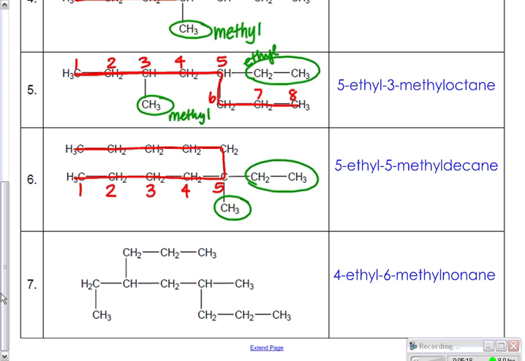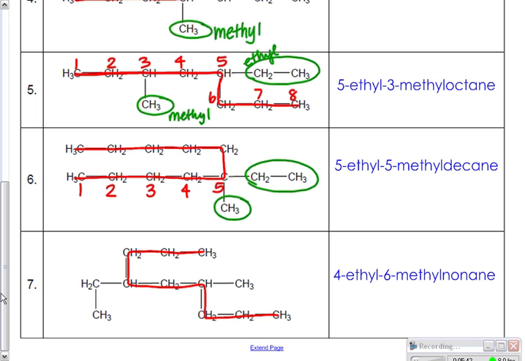And on our last problem for the front page here, you want to find the longest chain again. Make sure you do the pencil test so that you can find the longest continuous chain. And you really have to be creative here. This one actually starts way up here and snakes around like this. So if you look at this, you get a 1, 2, 3, 4, 5, 6, 7, 8, 9 carbon parent